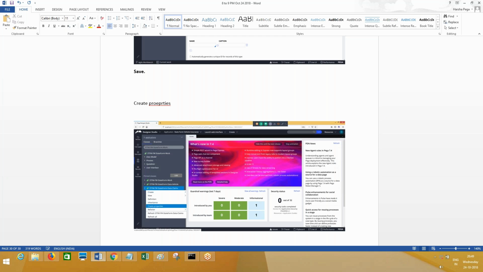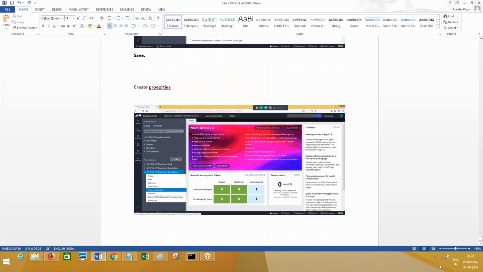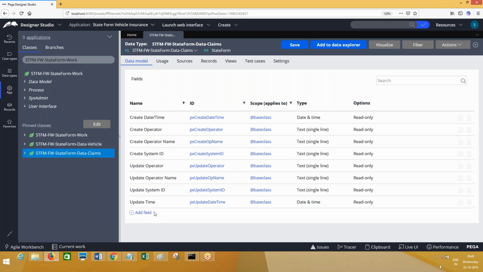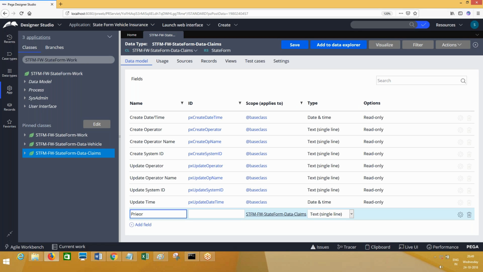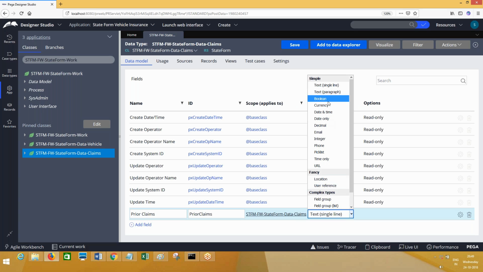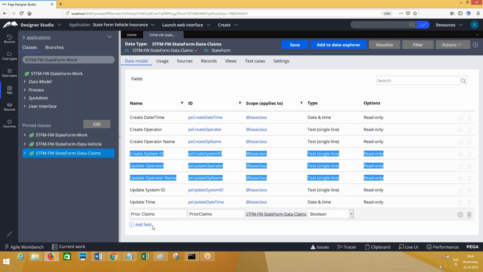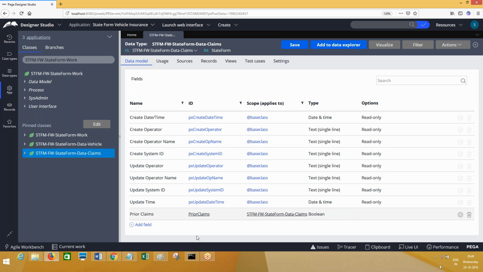So what properties? Add field. First property: prior claims. This prior claims is a Boolean, right? Yeah.